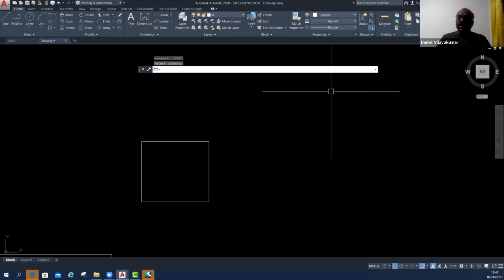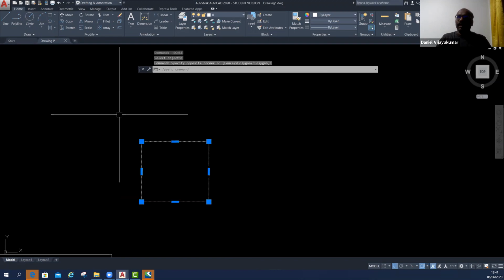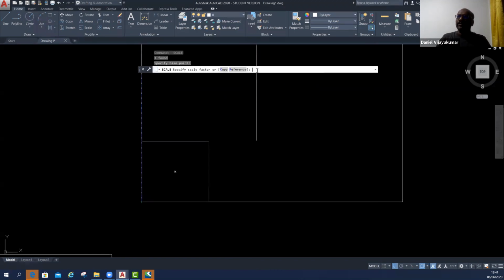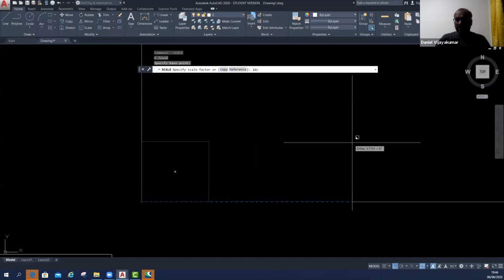Again, I will do scale, base point. I give the value 10 slash 100. Actually, if you calculate the value, 0.01 is the ratio, but no need to calculate yourself.